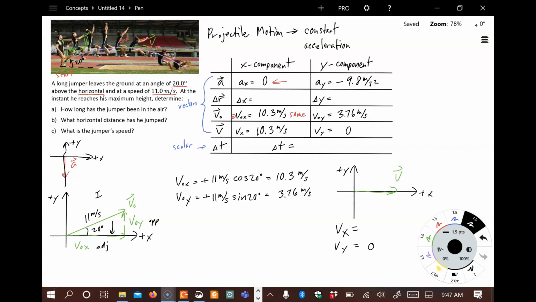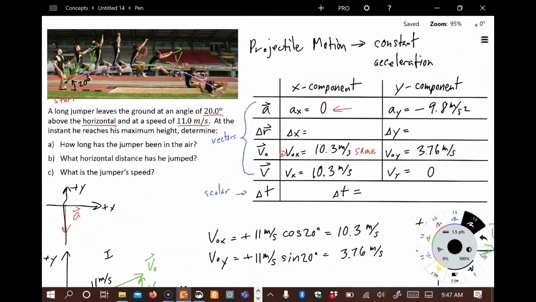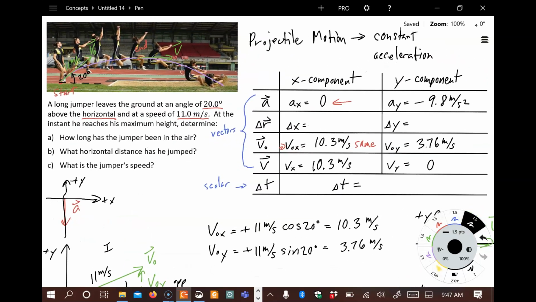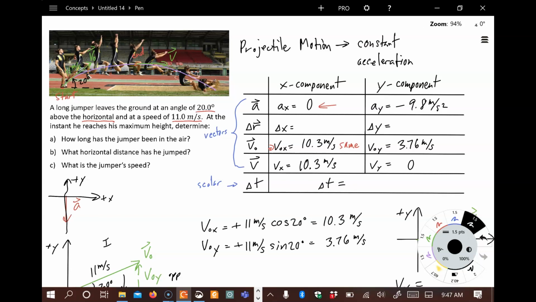So at this point, we've visualized the work here, and we've gathered as much information as we can. We've used our vector math to figure out what components we know. And if you look at these now, we can see that we have 3 values in the x column, 3 values in the y column. In reality, we've only got 2 unique values in the x column because these guys here are the same. So we still can't solve anything there in the x column. However, in the y column, we've got 3 distinct values,